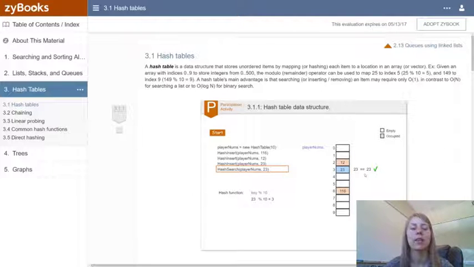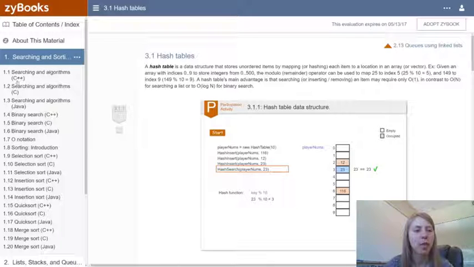This book is language agnostic, meaning there's not going to be specific Python examples. So this is just going to walk you through kind of the overview of the data structures and the algorithms in terms of the big picture concepts. One thing I will note about Zybooks is chapter 1 does have specific examples for different searching and sorting routines in C++, C, and Java. Not in Python, but that's okay, because in the lesson notes, I will go over the Python implementation of these